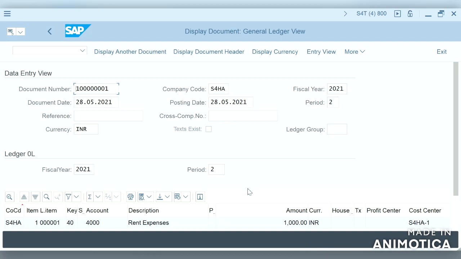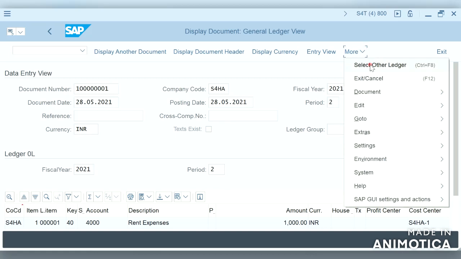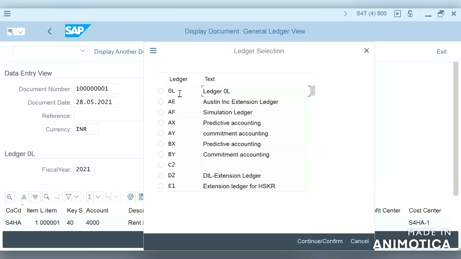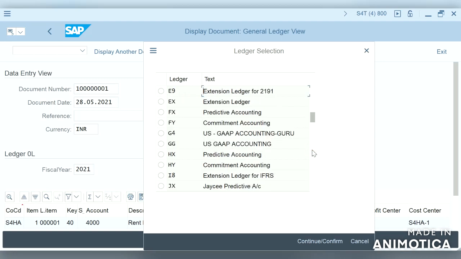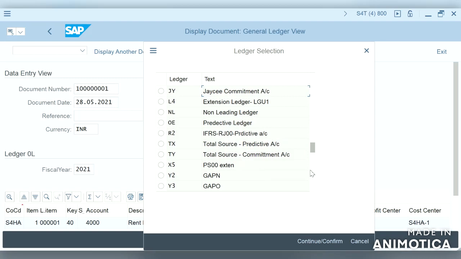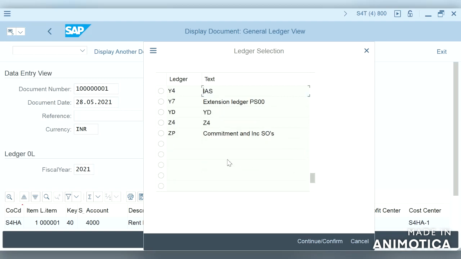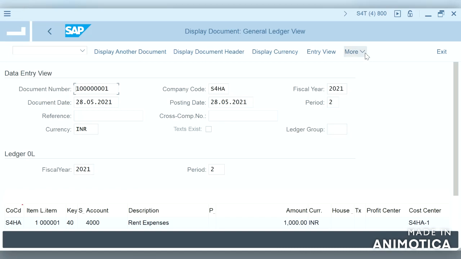I think we have assigned only one ledger. So whatever is posted in the document is the leading ledger. So if we have different ledgers, we can select it here. So it will show the document which was posted against that ledger.